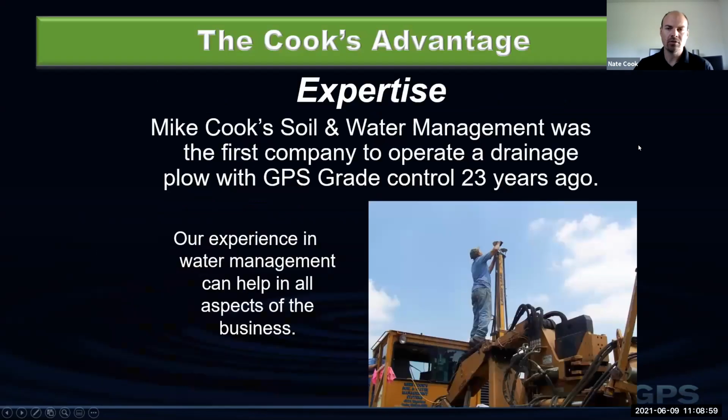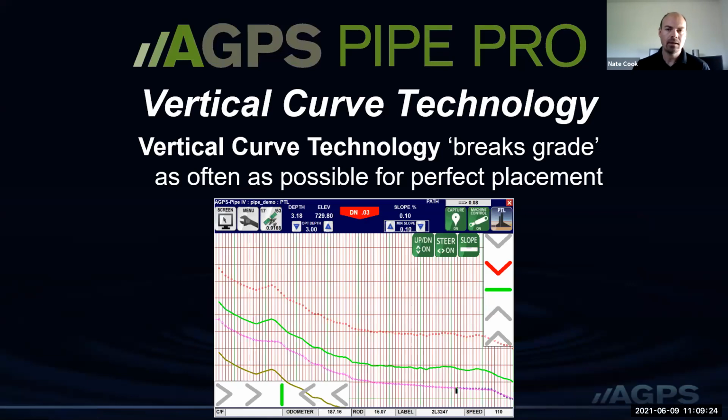Next slide shows a little bit of my background, and my dad helped develop the GPS software back with the computer controlled replacement for laser grade. So my background started with that early on, and I've been doing the GPS type stuff ever since. What the software does is allows you to survey the ground, and it creates the drainage profile for each line and kind of creates a best fit to keep that optimum depth and keep that pipe in the nice area depth wise.